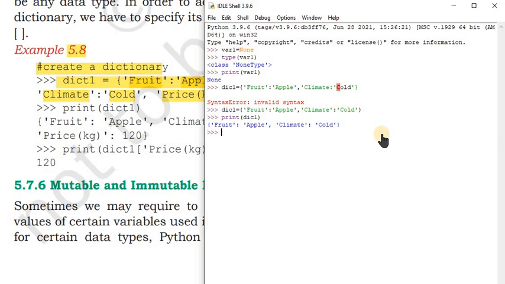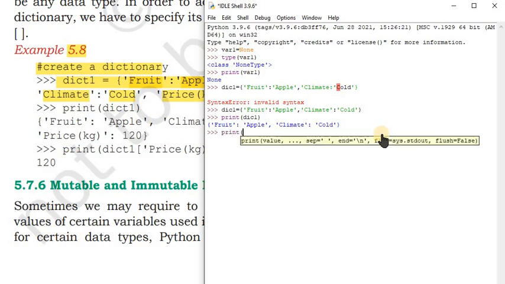If you want to print any specific item, then you can call the print function, the name of the dictionary, DIC1, then write the item.